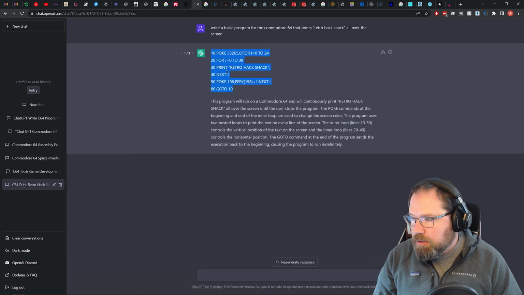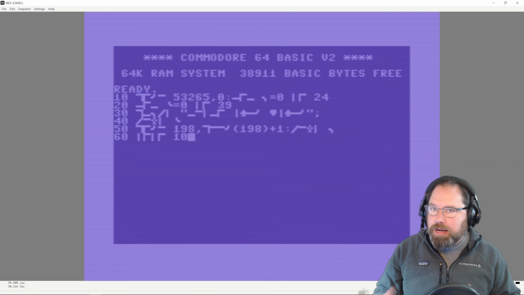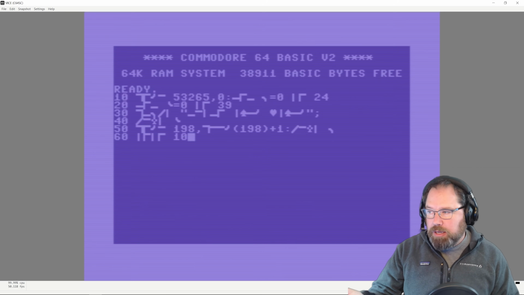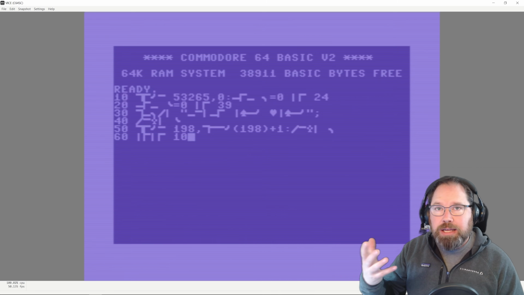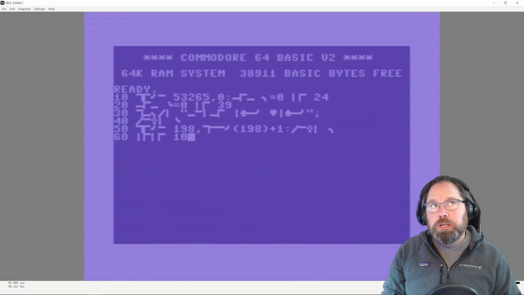So we can just copy this and then switch back here and paste it. And unfortunately, what happens here is that the translation between my computer and the emulator actually takes that uppercase as a Shift P on the keyboard. Now, Shift P on a regular computer keyboard